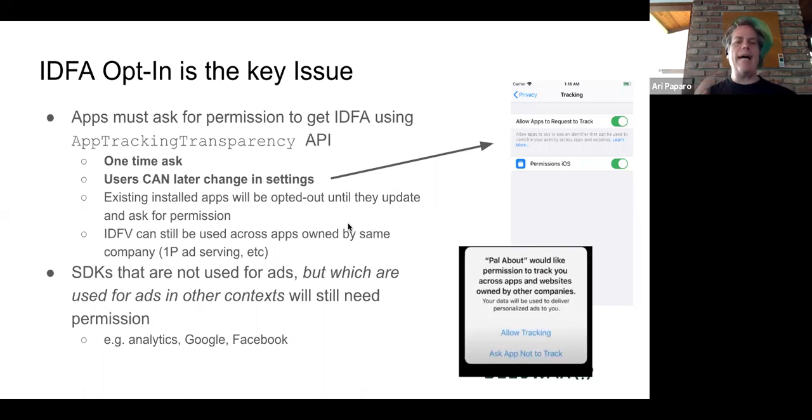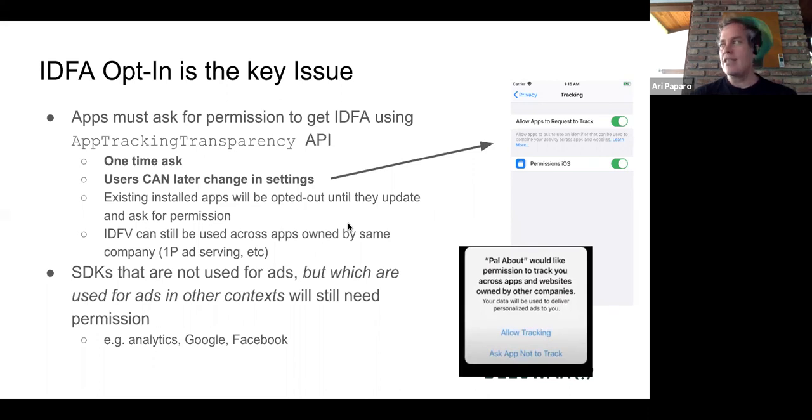And then once those apps are updated, so they're new installs of those apps, that's when they can start asking for permission. Which means probably the big ad-supported apps will be aware of this and they'll have versions ready for iOS 14 on the day iOS 14 releases, but long-tail apps may not. So we might see a very precipitous drop in IDFAs in the middle of September as people start upgrading, and then it'll start gradually coming back as apps start asking for permission. That's an important point, that the existing apps will be opted out.